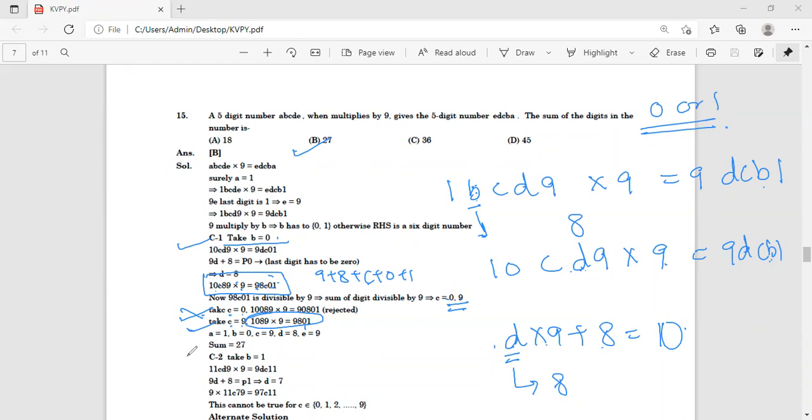Now see, once you get this number as the answer which is satisfying, since it is single correct, not multi-correct, there is no need to check by taking C as 1, taking B as 1. We started with B having two possibilities, 0 or 1. So with 0, we get the satisfactory answer, so no need to check the other thing. But still I have written here, if B is 1, what happens?